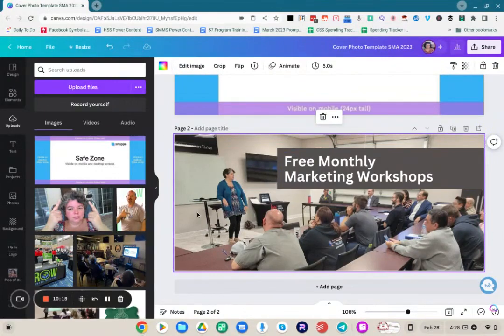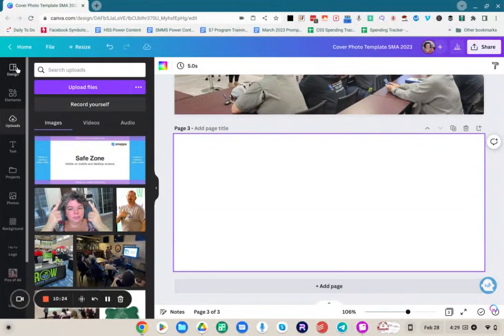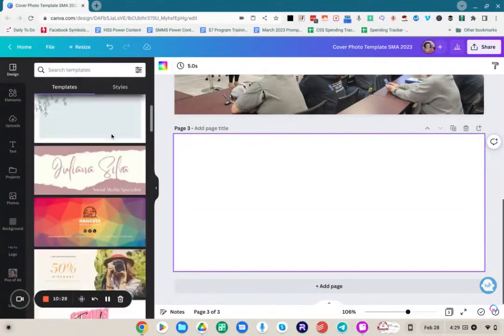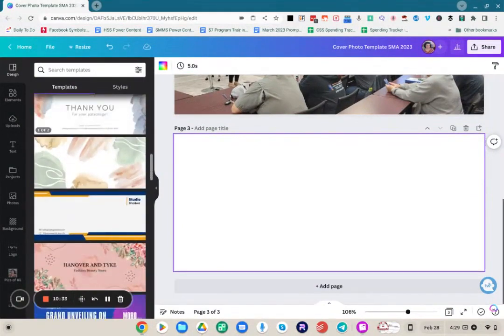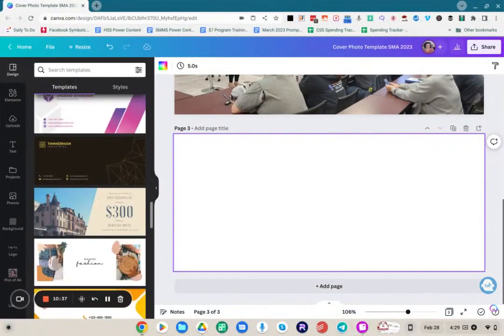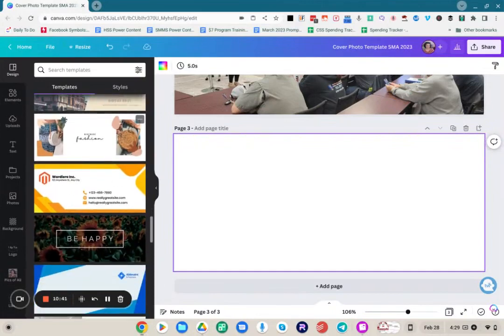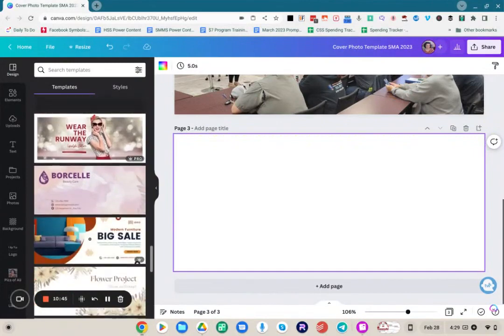All right, so that's how you can create something from scratch using a photo that you have. But let's see what we would do if we picked a template. So here are a bunch of templates on the left-hand side. There's some really great ones here. But again, we want to make sure that people actually know what it is we are offering, what we sell, what we do,